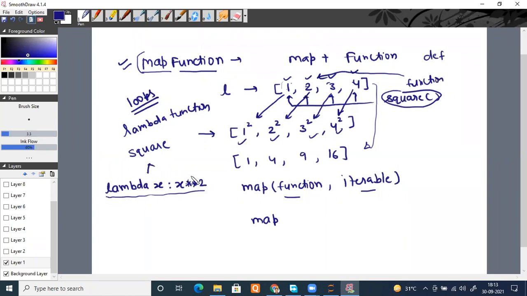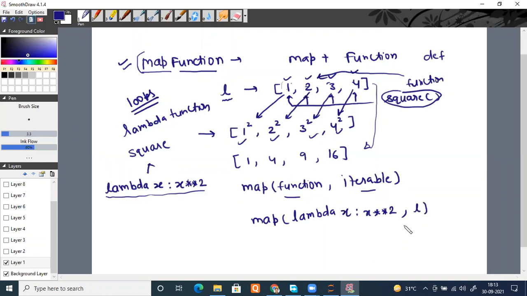That's why lambda functions or anonymous functions were invented. You need not declare a function explicitly; directly use your anonymous functions. So I can write here lambda x colon x exponent 2, comma, your iterable, whatever the iterable name, in this case L.